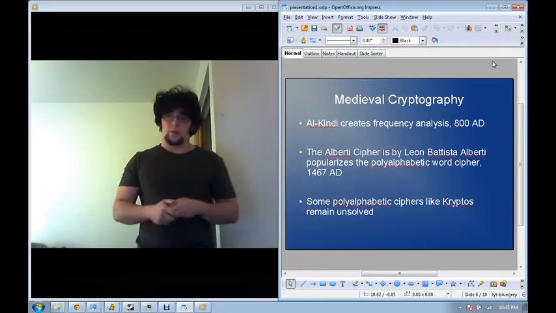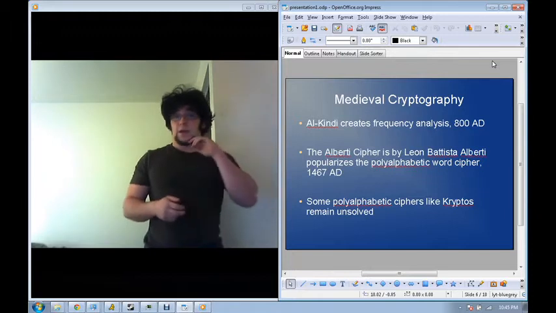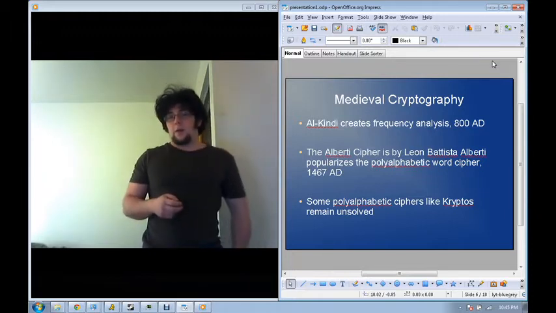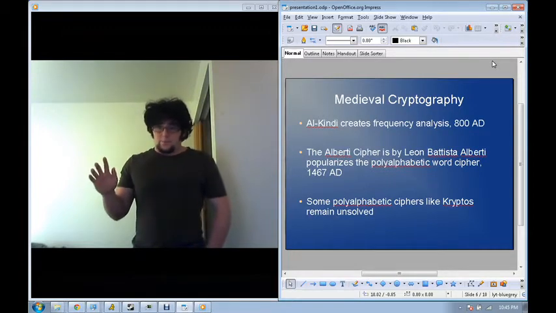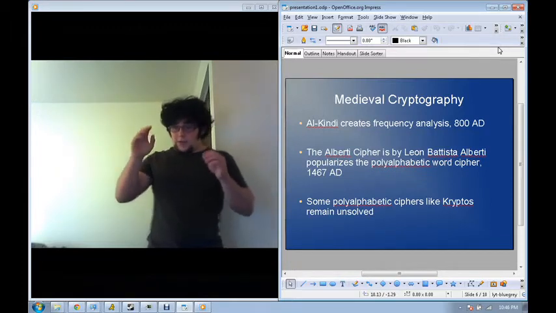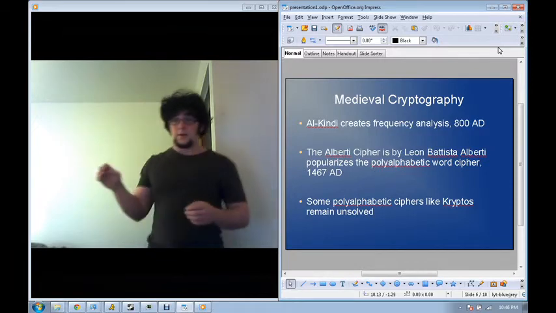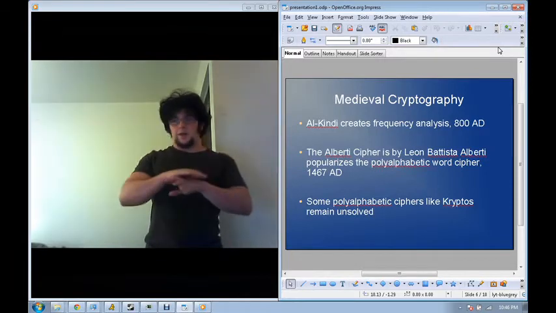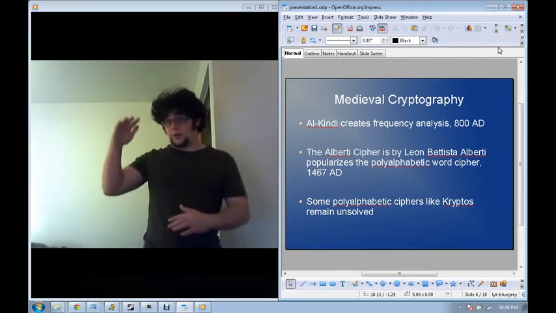And as a result, these word ciphers became almost trivial until the Renaissance age, when a man named Leon Battista Alberti invented the polyalphabetic word cipher. Now, the polyalphabetic word cipher was a huge deal. It wasn't quite realized in his time, but what was important about it was, now instead of swapping out the letters in the same alphabet, he swapped out the letters in the message for a substituted alphabet. And the substituted alphabet could be a completely randomized alphabet. It could be the alphabet of another language. It could be any arbitrary set of symbols.